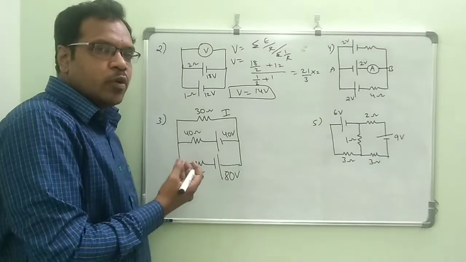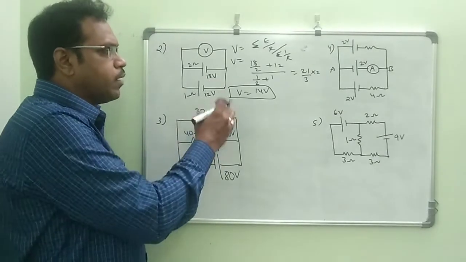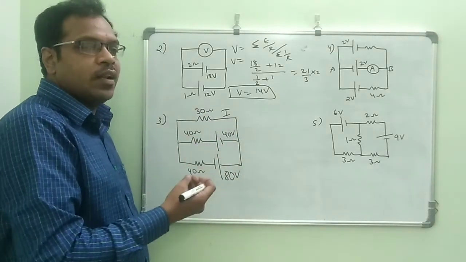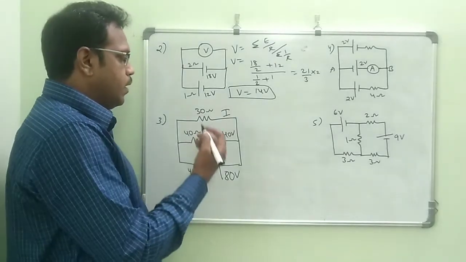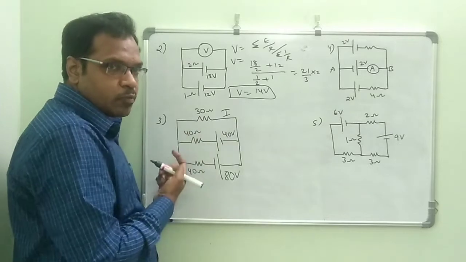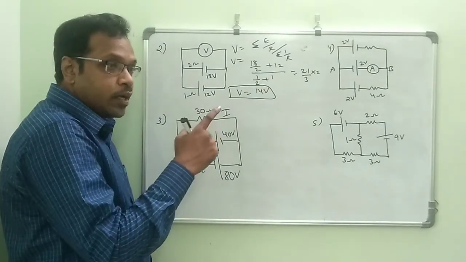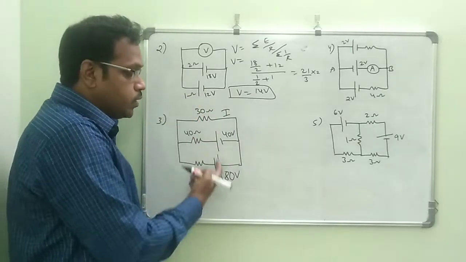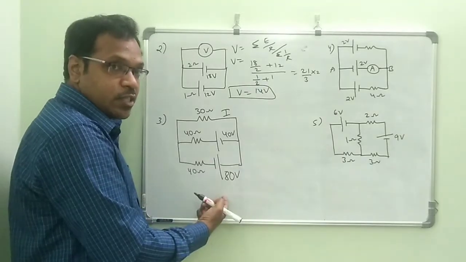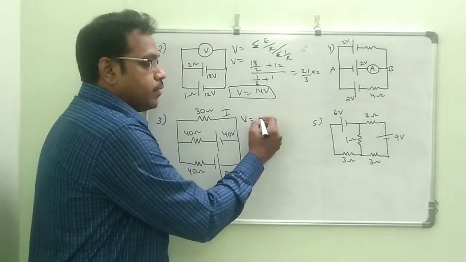E1 R1 plus E2 R2 for cells in parallel, same formula only. Okay. But an easy trick. Speed: we need to get an answer in less time. That's why. And now in this, we need to find out the current in 30 ohms. But here if you see, opposite polarity. My formula is same polarity, the previous problem. Now this is opposite polarity. For this what you have to do now, which is bigger?